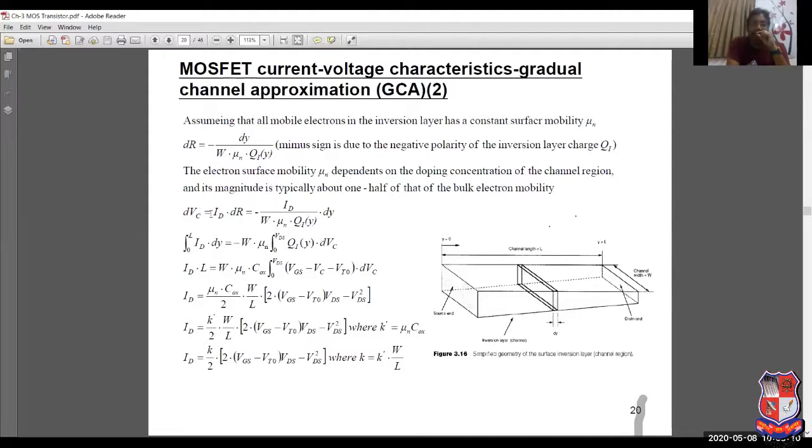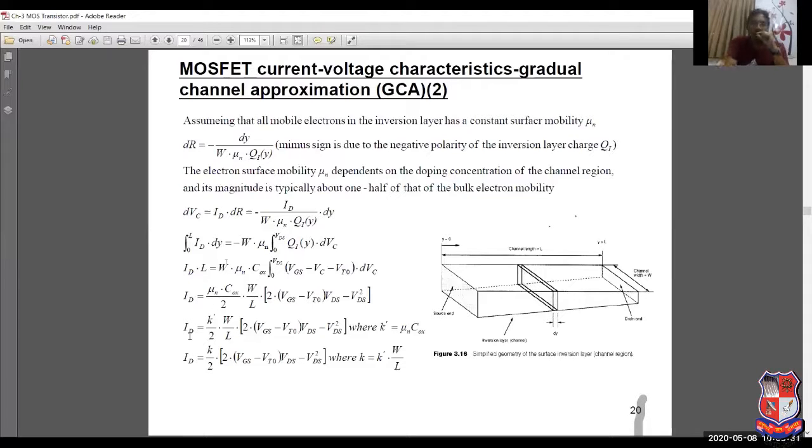So dVc is equal to ID into dR. What is the variation in voltage with reference to variation in channel length? As the channel length varies, the resistance varies. As the resistance varies, the voltage varies. Therefore dVc is equal to ID into dR. You simply need to put the value of dR here and then perform the integration, and this integration leads us